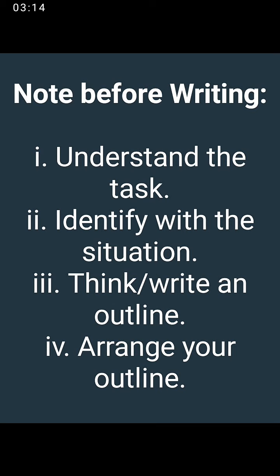So what matters is you've read the question. For you to be able to do justice to that question, you have to understand, comprehend the question first. So number one says understand the task. It is very important. Understanding what you are asked to do is already halfway into solving the question. You may be a good writer, but if you do not understand what you are told, you won't know what to do.